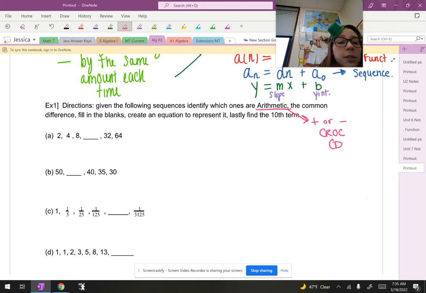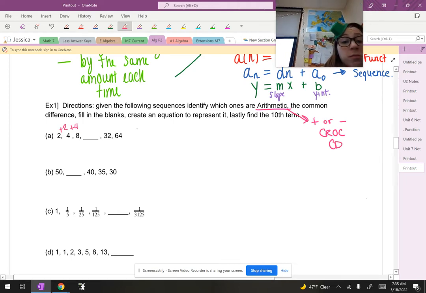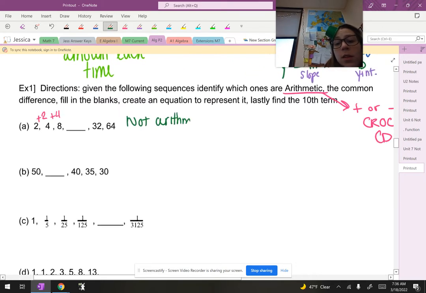So in this first one here, to get from 2 to 4, I need to add 2. And to get from 4 to 8, I need to add 4. And I can immediately see that that is not what's going on here and that this is not arithmetic. So I'm just going to make that a point. This is not arithmetic